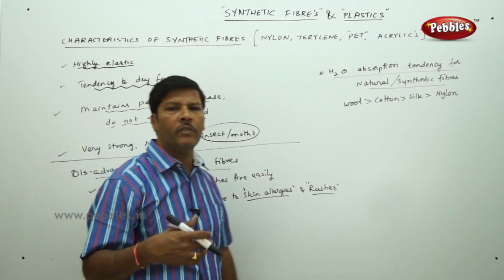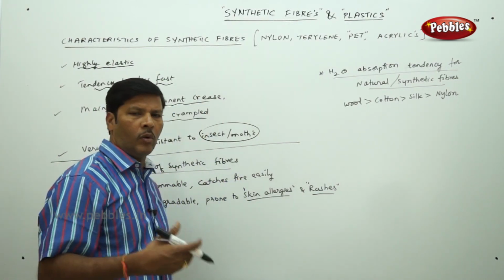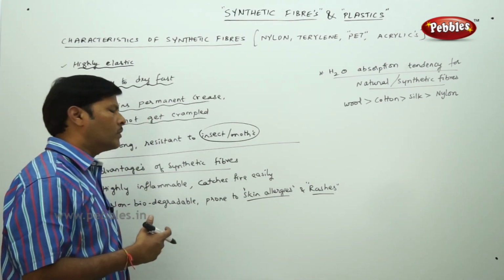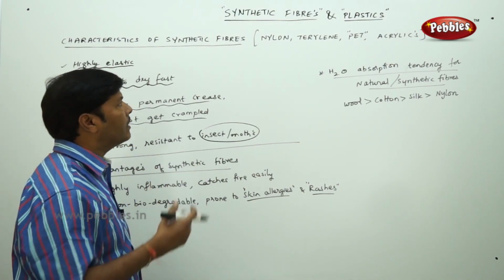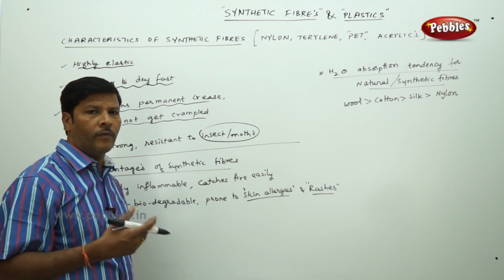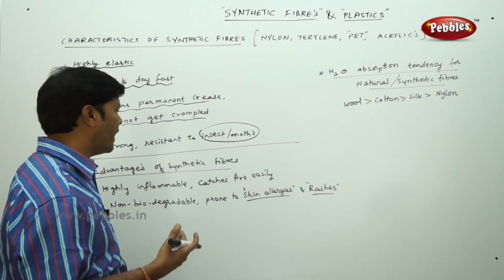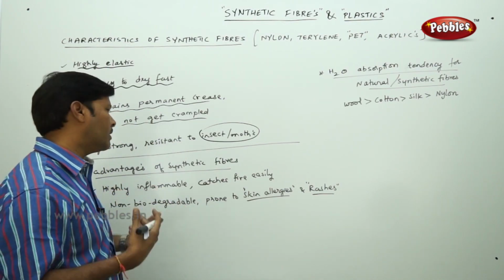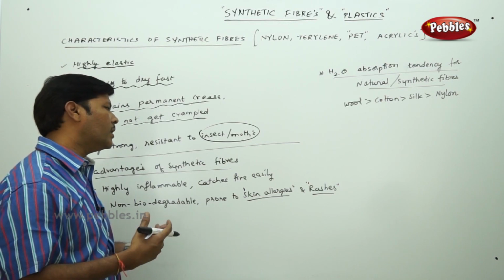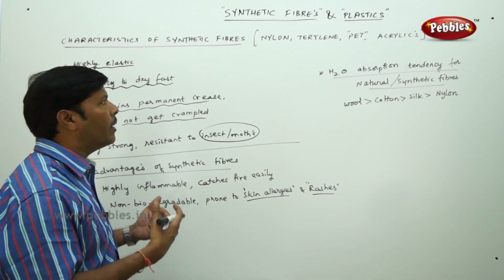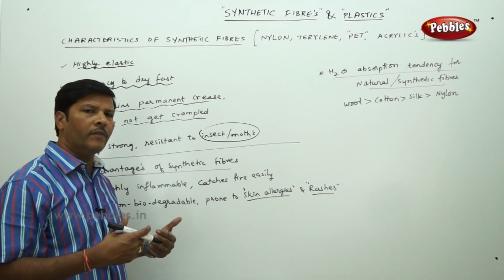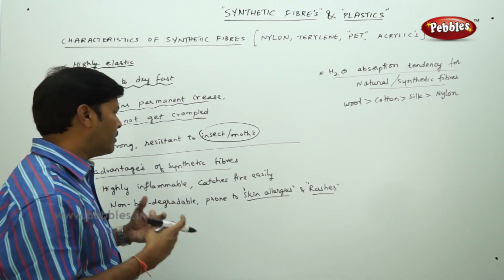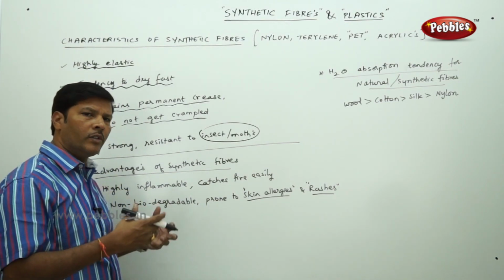Actually, there's a difference between a person wearing a cotton fabric cloth and a synthetic fiber cloth like nylon or terylene. Once it catches fire, you find that this fabric has more affinity to the skin. It sticks to the skin, and during the burning, it is very difficult to separate the nylon component from the surface of the skin, and the person may suffer severe injuries on the skin.